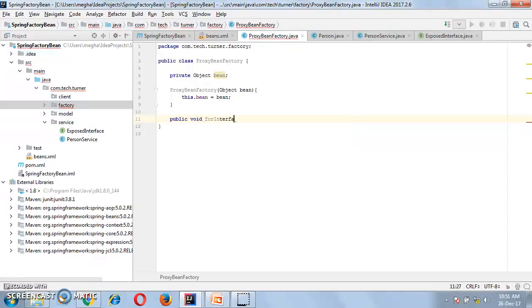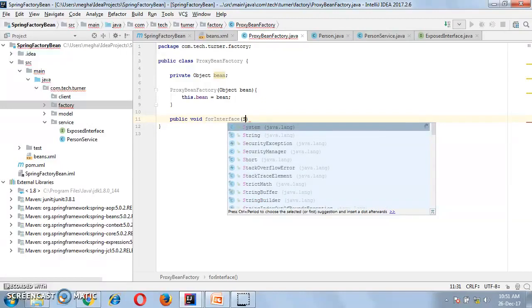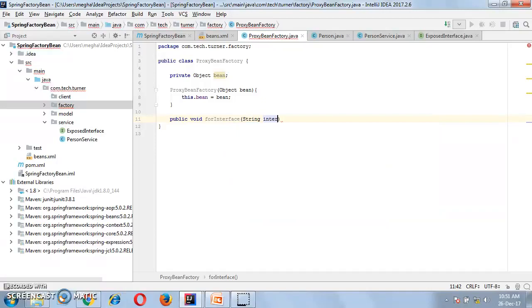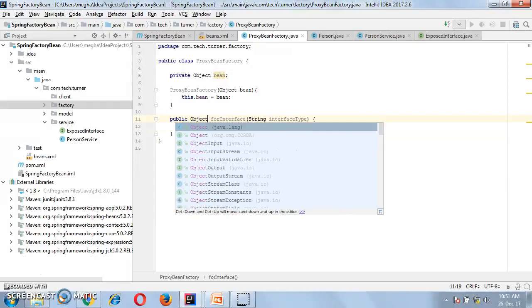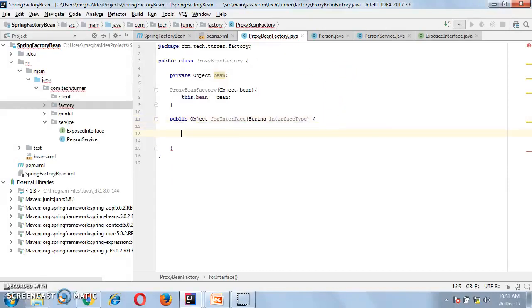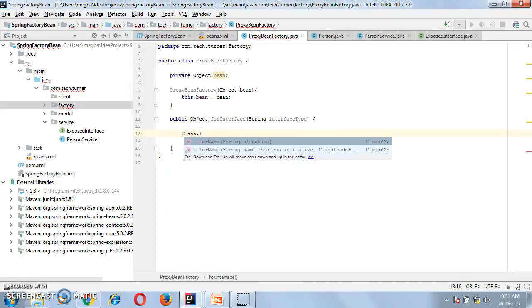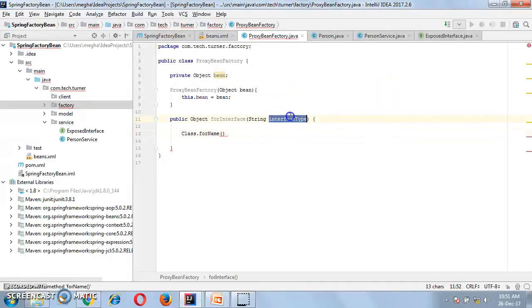For the interface, you can give any name, and we'll pass a string argument that will be the interface type for which we need to create the object. Since we'll create the object of the interface, its return type must be Object. Using Class.forName, get the instance class.